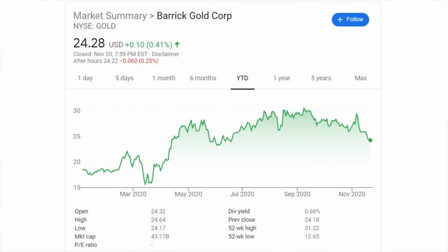And last on our list today is Barrick Gold Corp. They trade under the ticker GOLD and are currently at $24.28 per share. They are also the only stock on this list today that is actually up from the start of the year, as they're currently up about 30% from January. Now, Buffett has been historically skeptical of gold as an investment, so many were surprised when Berkshire Hathaway disclosed this